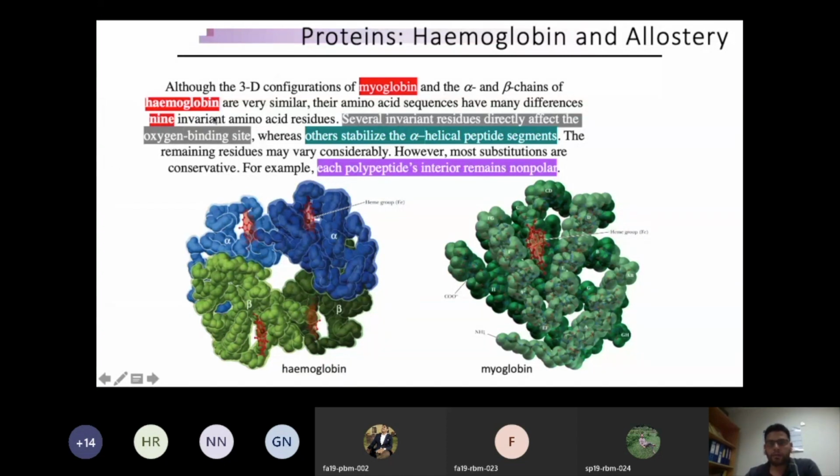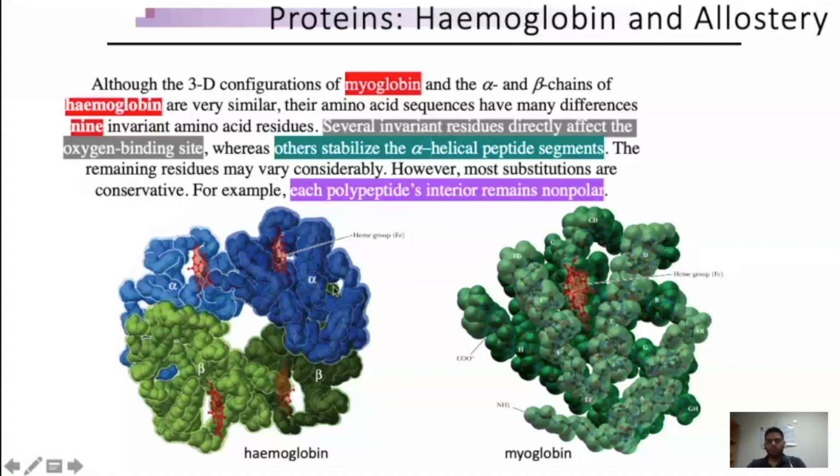For example, 9 residues have been shown invariant in hemoglobin, and there are other residues which are conserved. Several interactions are present when you talk about the different oligomers of the protein. For example, oligomer alpha has various non-covalent sites. Several of the invariant amino acid residues are present in this pocket where the heme molecule could bind. That means these 9 residues are invariant residues. They are very important for oxygen binding, so that is why they are still there.